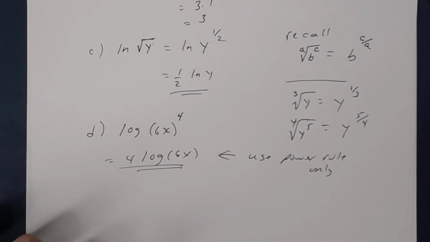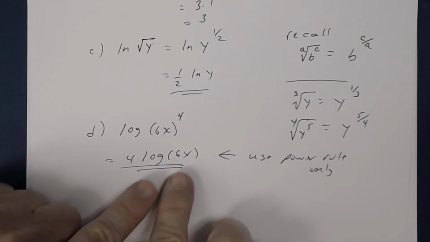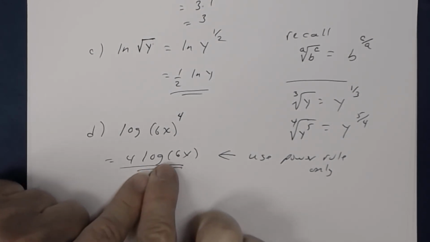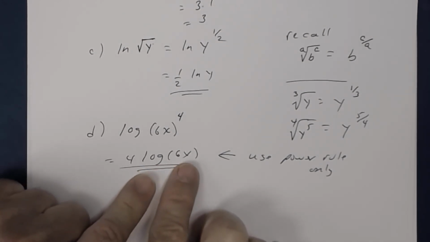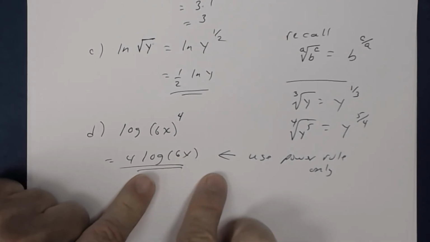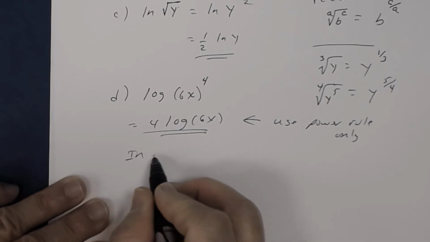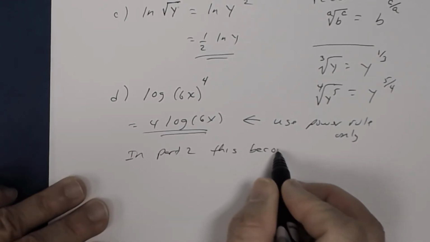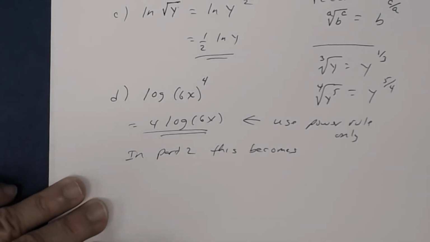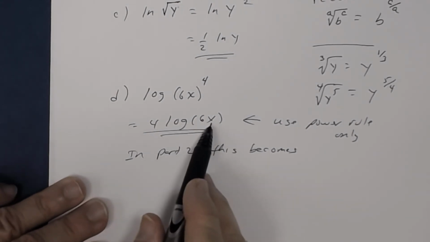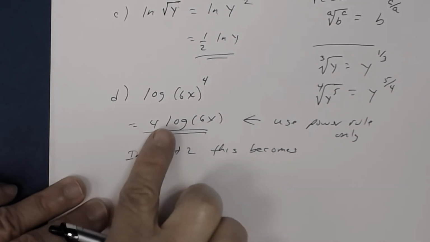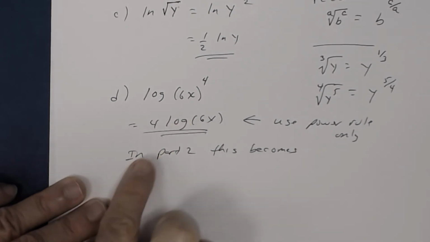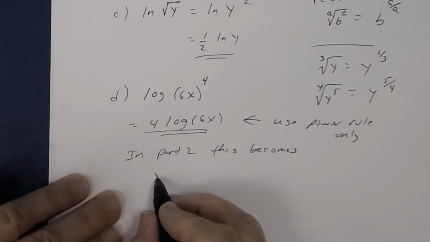Okay, now here's where we're getting to in part 2. So in part 2, I want you to start thinking about this. I still have the log of a product, don't I? So in part 2, you're going to expand this even further. So in part 2, this becomes, okay, listen carefully, all right, so remember the log of a product? This you're getting a taste for part 2. So this becomes 4